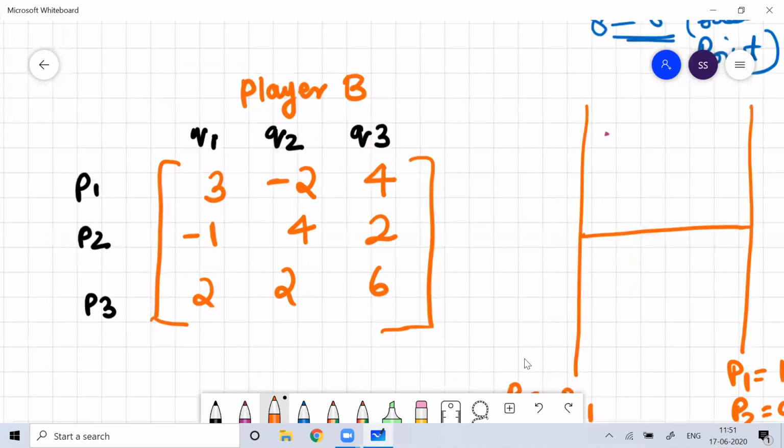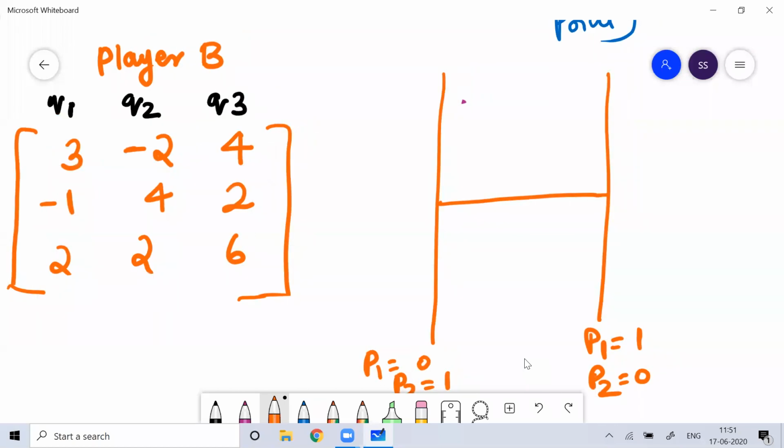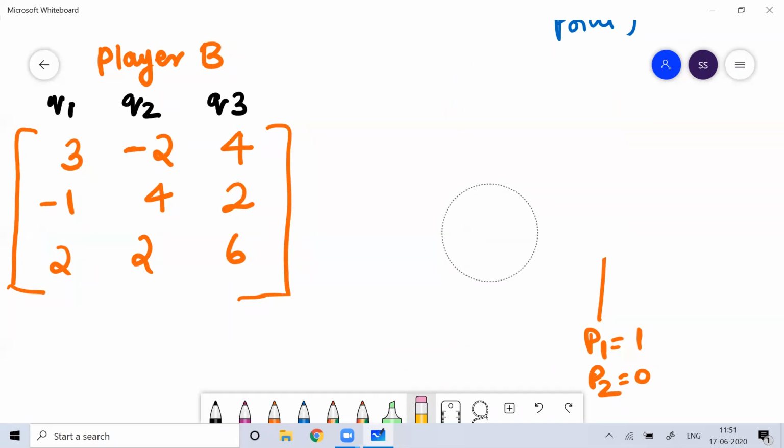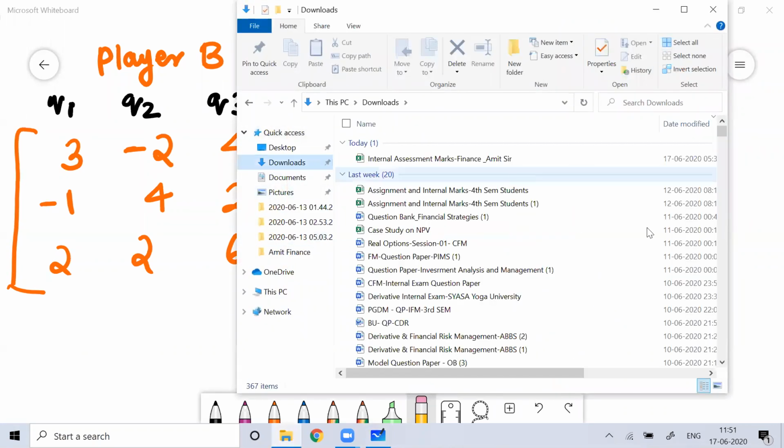So you have to understand that a question like this needs to be solved by using the dominance rule. In the exam, if I open the question paper and show you,